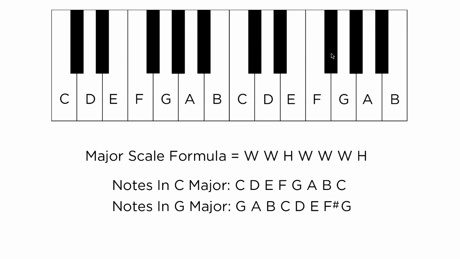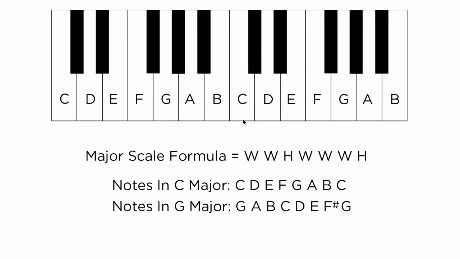So let's do one more. Let's start from the note D. I'll go D to E, whole step. Now I need another whole step, but E to F's only a half step, so that lands me on F sharp. Half step to G, whole step to A, whole step to B, and now I need another whole step here,